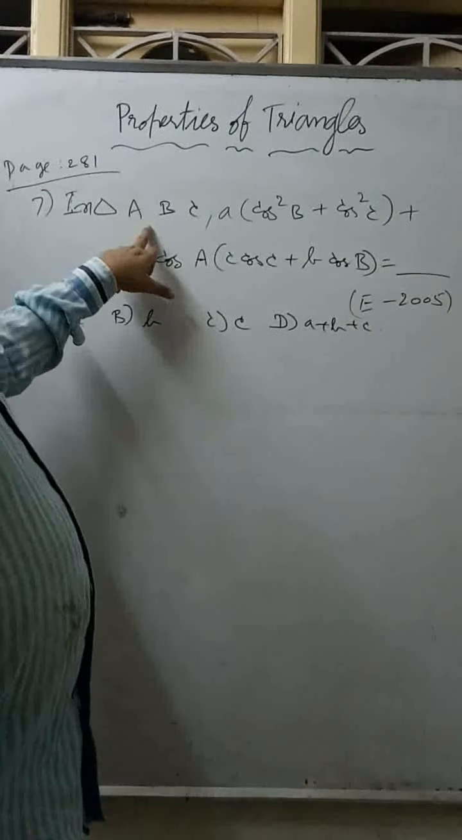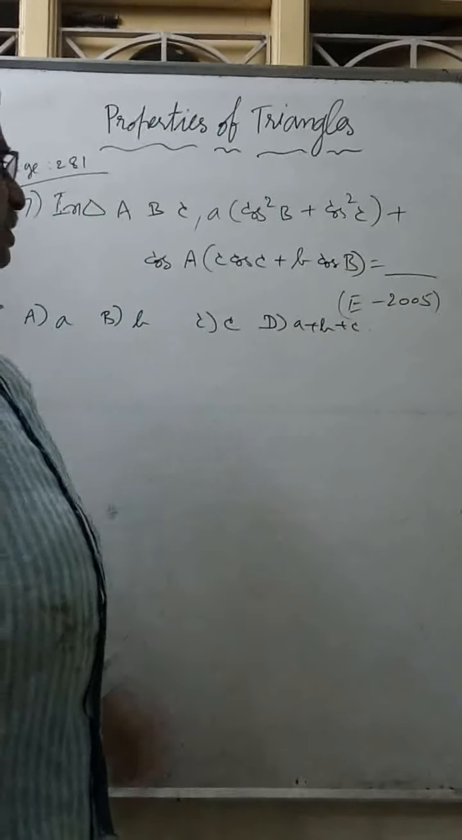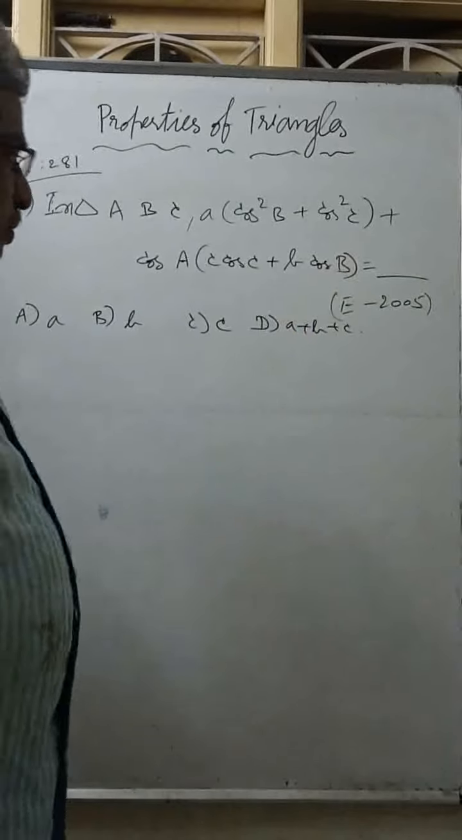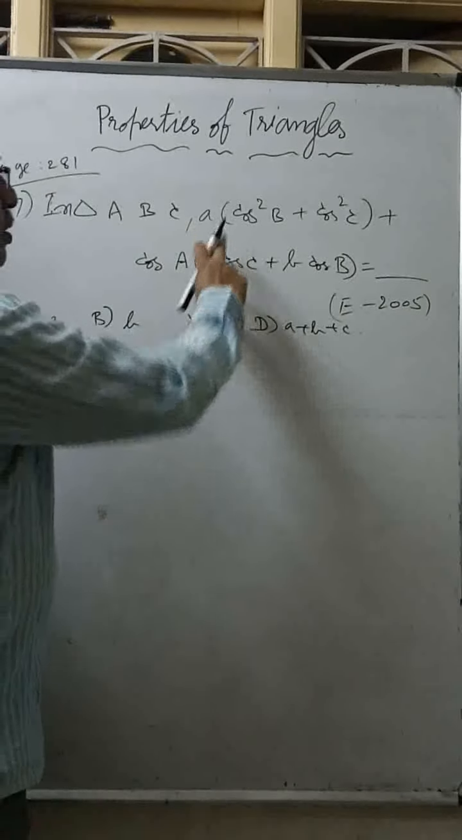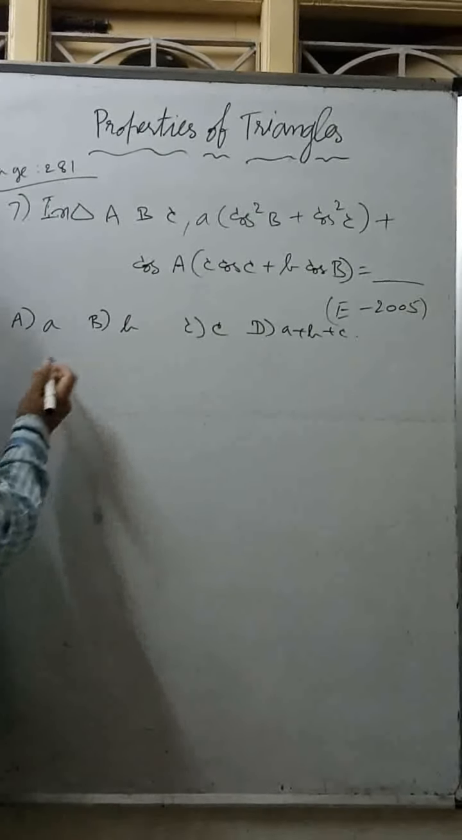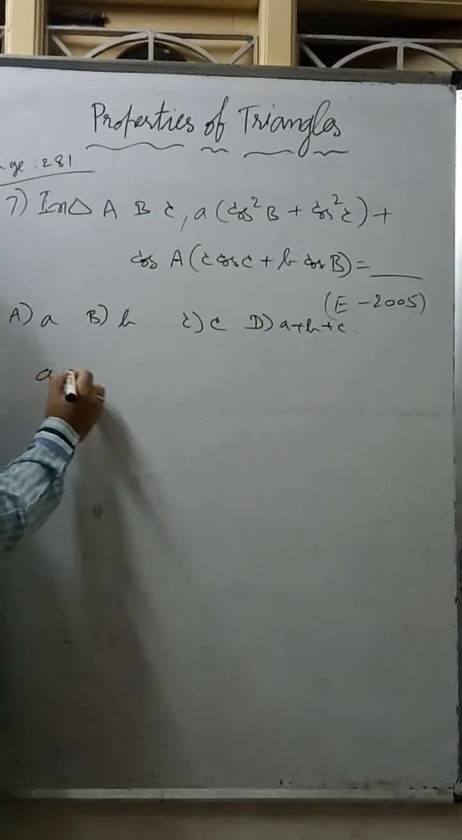In triangle ABC, a cos²B plus cos²C plus cos A into (c cos C plus b cos B) equal to how much is asked. We will go for the projection rule. Before that, we will expand the brackets, then we will go for the projection rule. So that is a cos²B